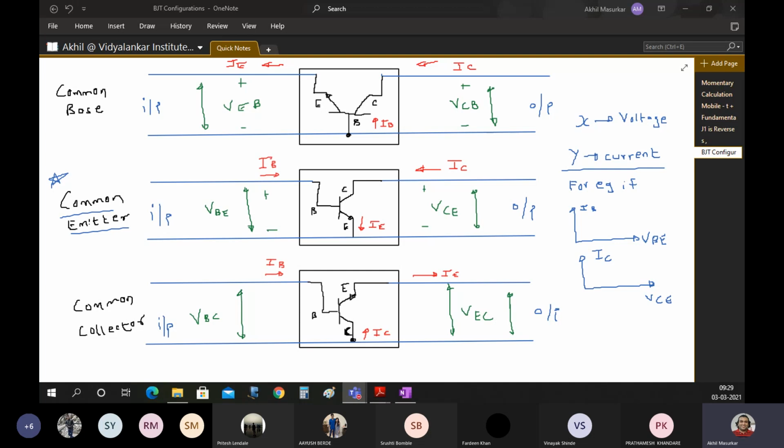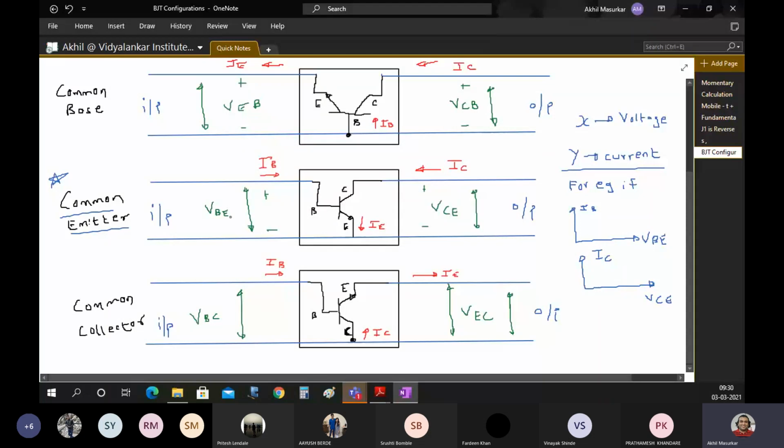Once you are done drawing everything, just draw logically, okay? First you draw the transistor, emitter, and then you just see this is connected to what? Emitter. This is connected to base. So EB and CB, VEB and VCB. Then in common emitter, what is common? Emitter. So you can see here, you can see emitter in both places. On one side you have base, on one side you have collector. In common collector, this is collector and collector, then you have base and emitter.